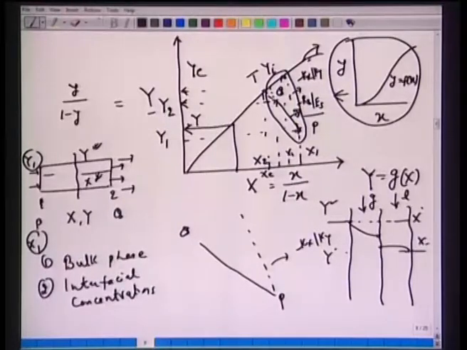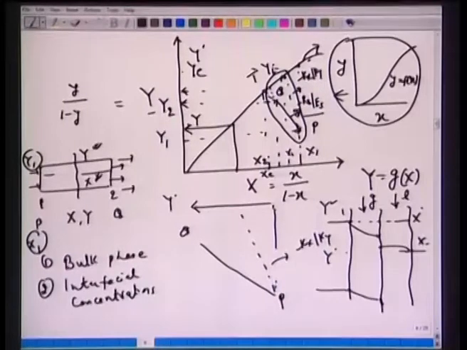If I take this point P here and go vertically upward till it reaches the equilibrium curve, that will give us y star. So if we take this x1 here and go vertically, we will get y star. Similarly, at some locations from 1 to 2, we have the same situations. There will be interface concentrations, then there is a drop in the liquid phase, then we have the bulk phase concentrations. Okay, we would like to redraw this here